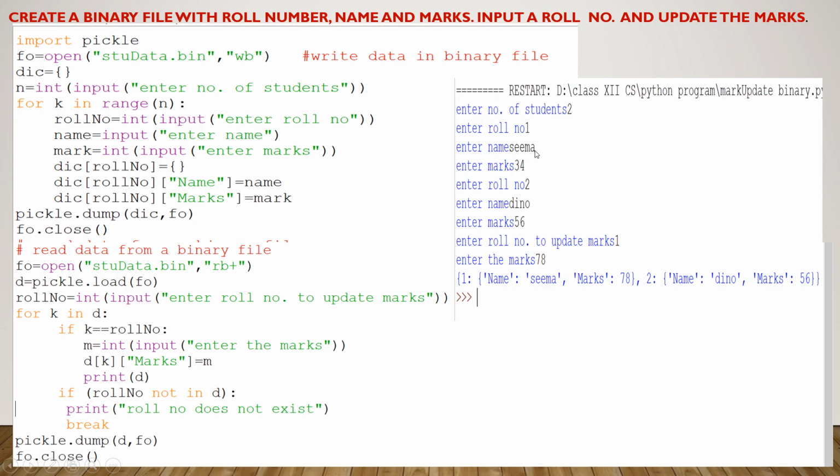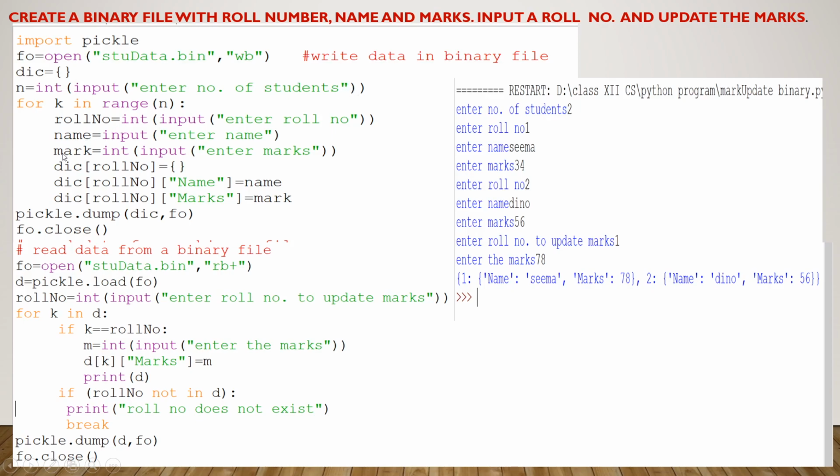So I have entered Seema. Now this Seema is returned by this input function in the form of a string. Because we can take a name as a string type, I'm not going to convert this data into an integer. So now Seema is going to be stored inside this name variable.